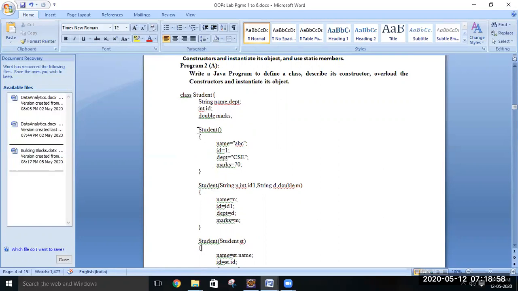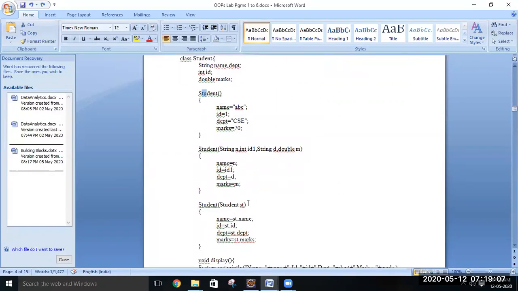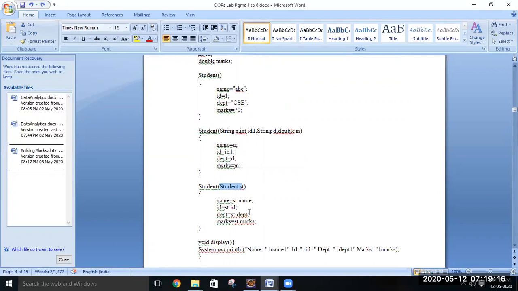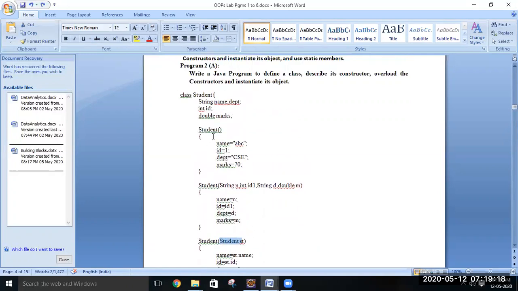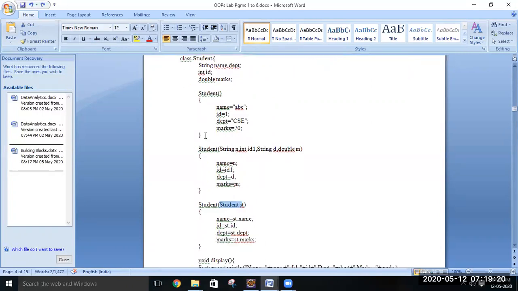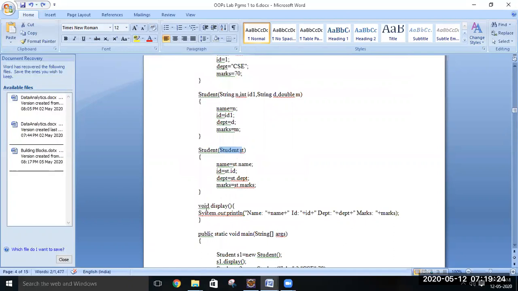Here we have used 3 types of constructors: the default constructor, a parameterized constructor taking 4 parameters, and another parameterized constructor taking a special parameter, the object or reference variable of class Student. So the class Student has 3 overloaded constructors, and a method display which displays the values of these data members.